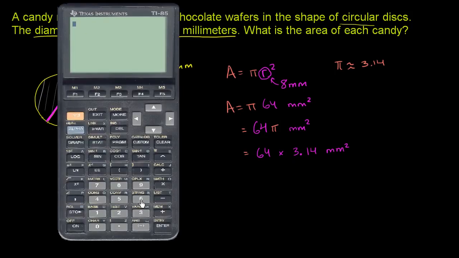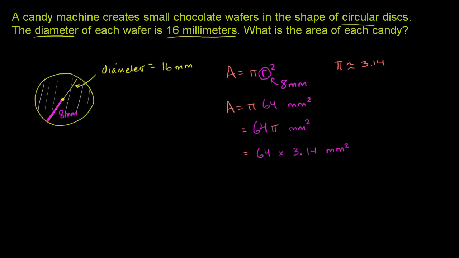And we can get our calculator to figure out what this will be in decimal form. So we have 64 times 3.14 gives us 200.96. So we could say that the area is approximately equal to 200.96 square millimeters. Now, if we want to get a more accurate representation of this, pi actually just keeps going